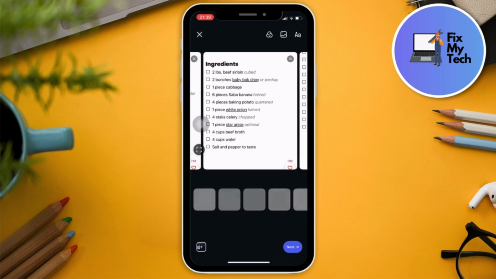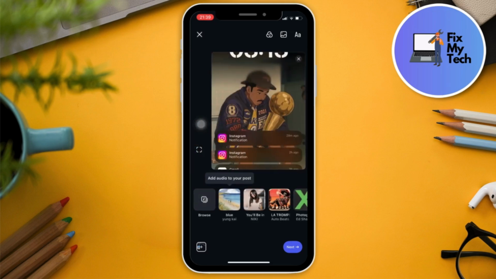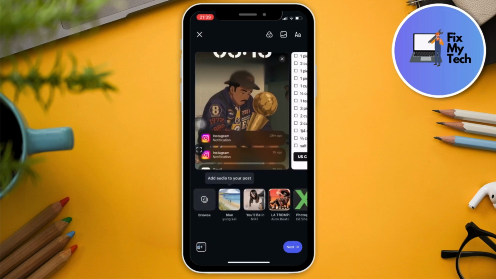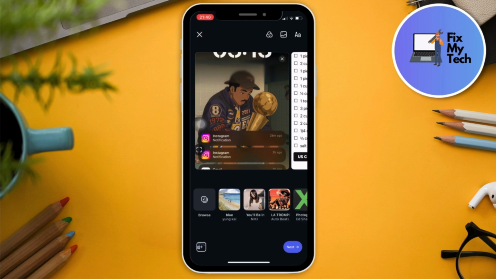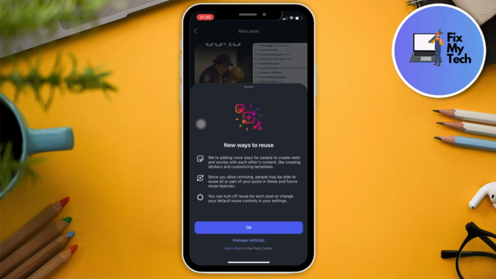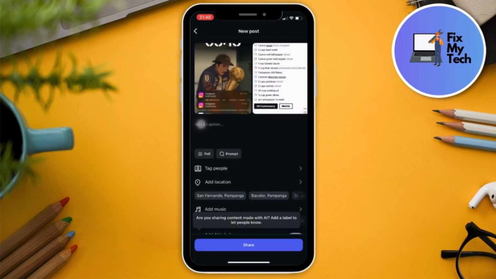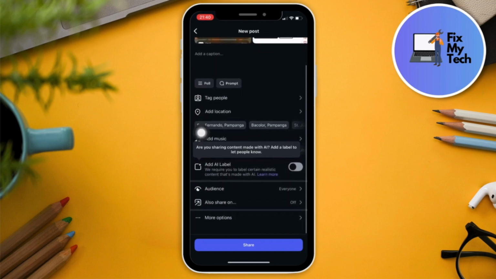and edit each one of them, starting from changing the color, changing the portrait or landscape option. That's going to be depending on my own choosing. Once I'm satisfied here, click on next, and basically, moving forward, I can now tag people, add location, and basically post it. And that's how you post more than